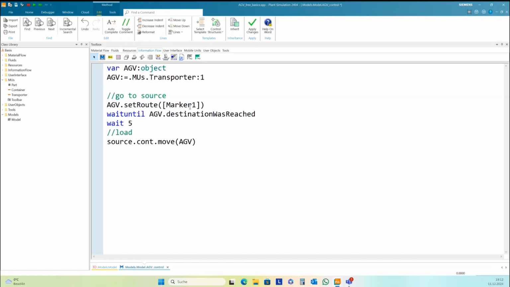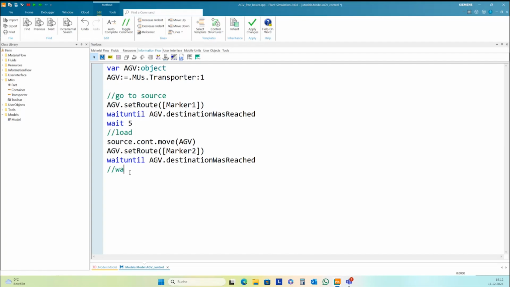Next, I need to go to marker 2. And so I can copy these lines here. Go to marker 2. And then I need again to wait until the destination was reached.